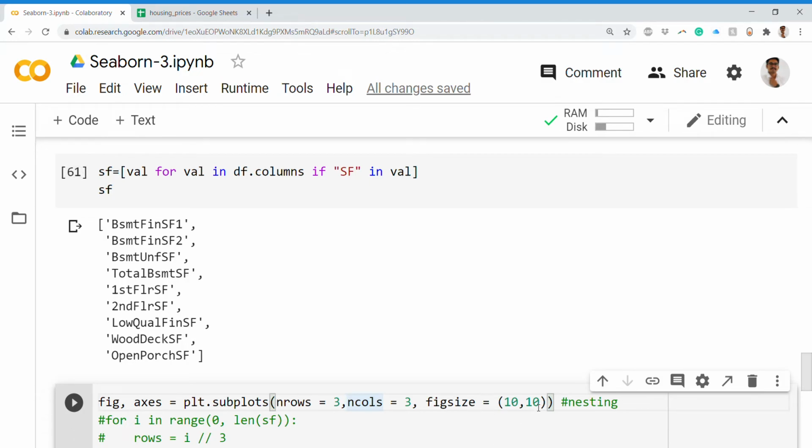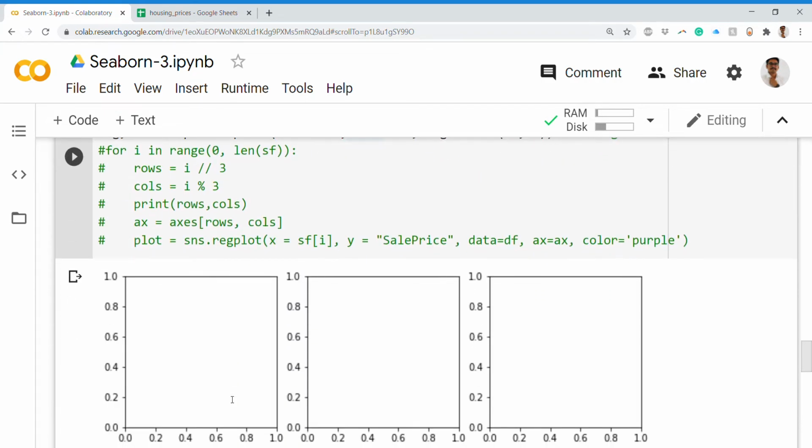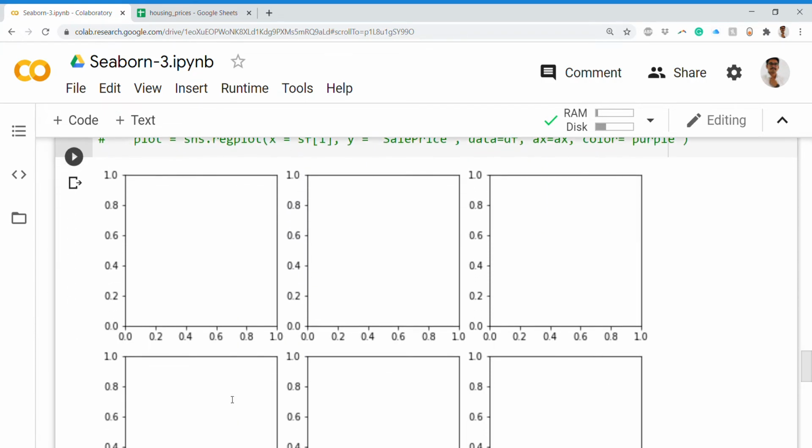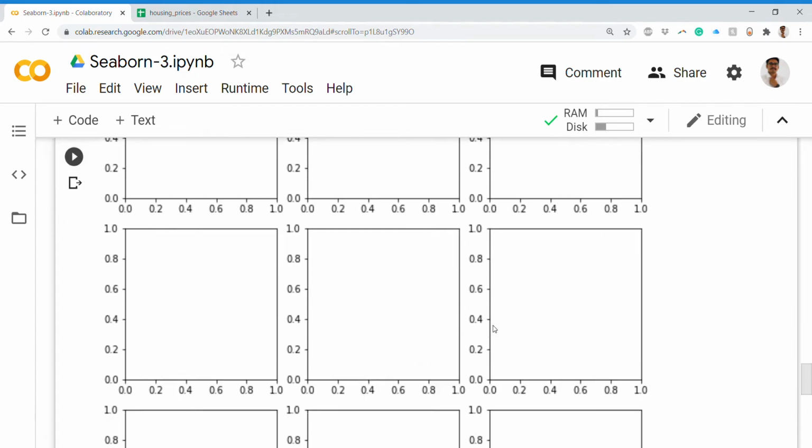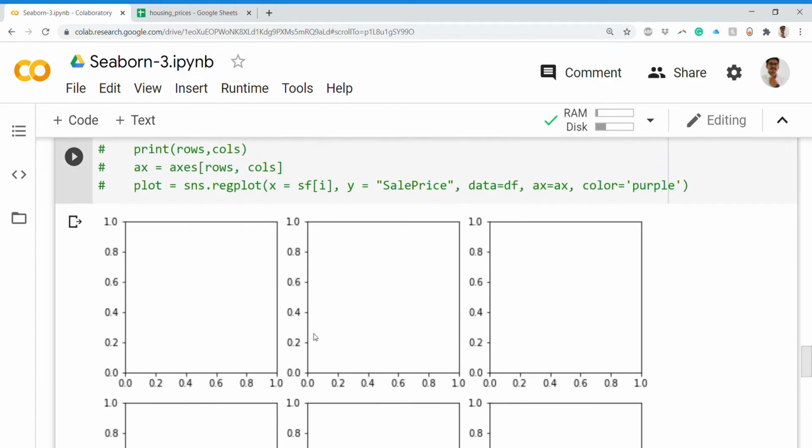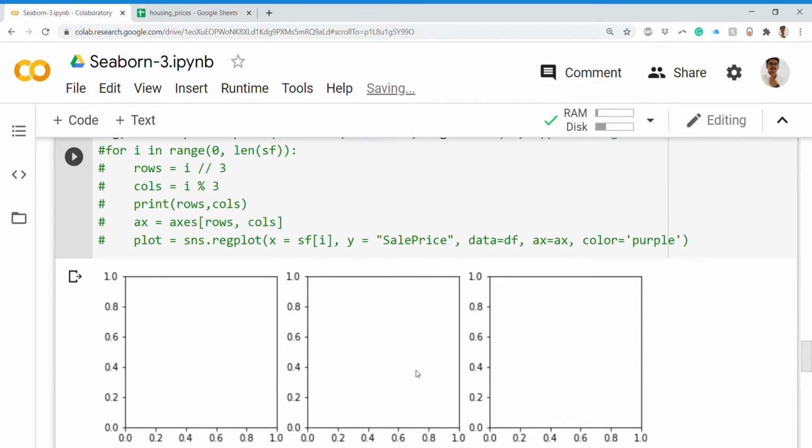How big or large you want your plot is defined by that. When I run this particular line, I get something like this, a passport-size canvas, a small 10 by 10 thing. This will be 9 in number, corresponding to each of the SF columns that I have against sale price.